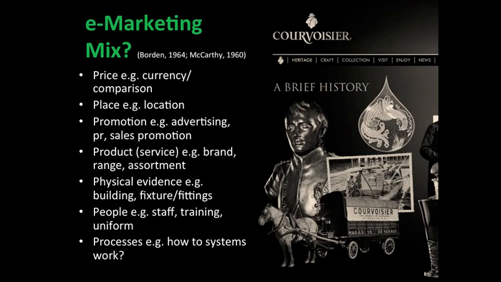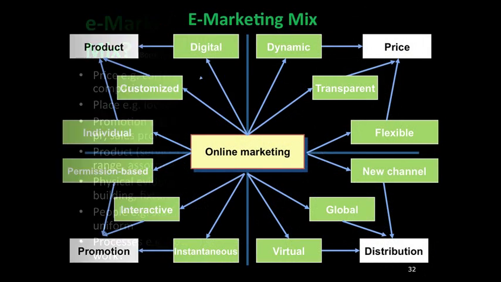So going back to the marketing mix, obviously it goes back to Borden and McCarthy. Price tends very much to be about currency comparison, place is obviously location, promotion in terms of advertising, product in terms of brand, range and assortment. We've got the physical evidence, the people, and the processes, very much evolved from service marketing. And this is one of the online marketing mixes, which